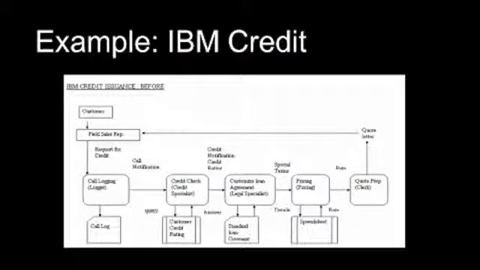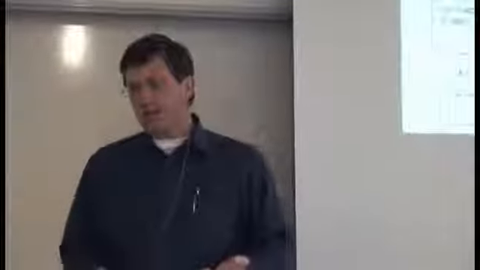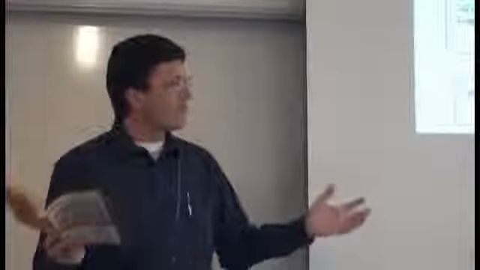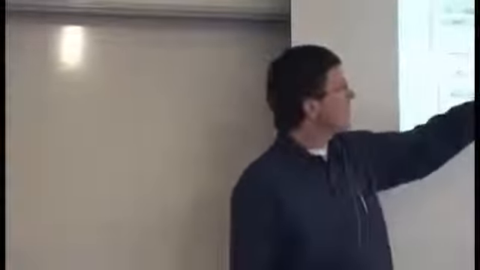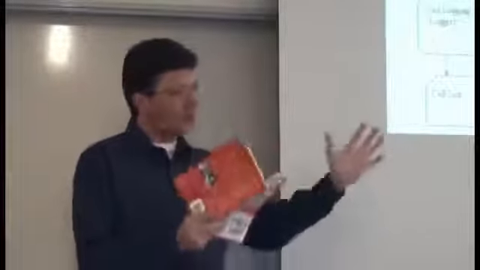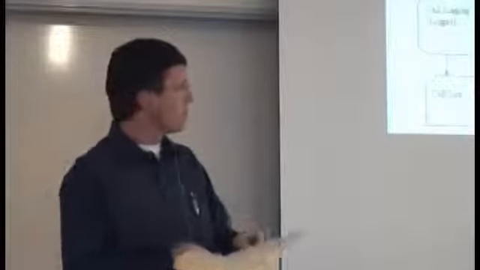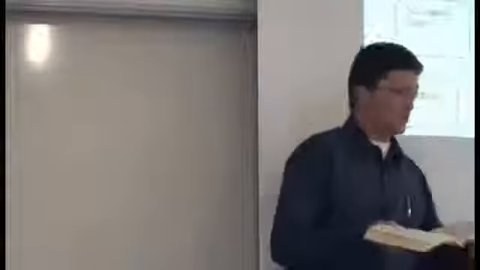The business practices department was in charge of modifying the standard loan covenant in response to a customer request. So if the customer said, we want to pay over a certain number of years, or we need some sort of special tax rate, or we're only going to finance a percentage of it, whatever it is, they would modify the loan agreement. So there's a standard loan agreement, but it would be up to them to make sure that it fit with what the customer asked for and what IBM would support. They had their own computer system, so two separate computer systems.